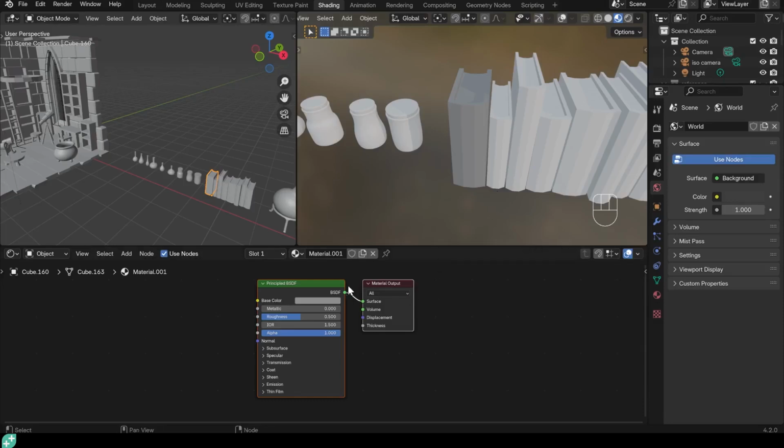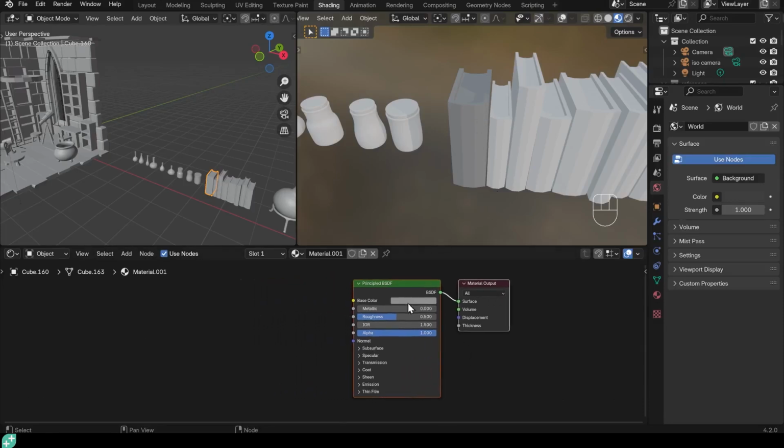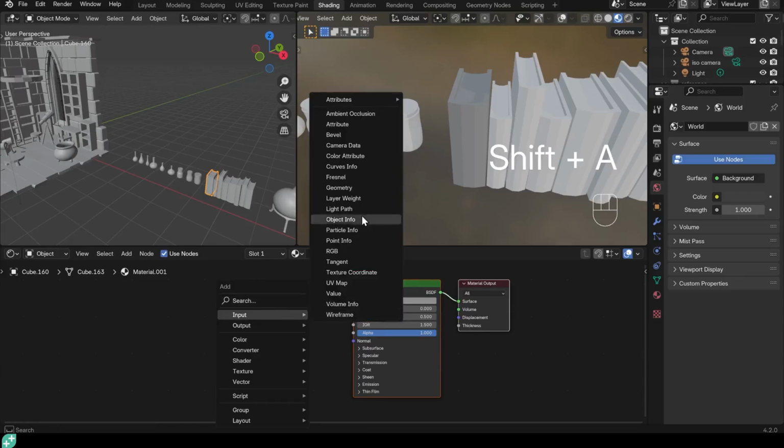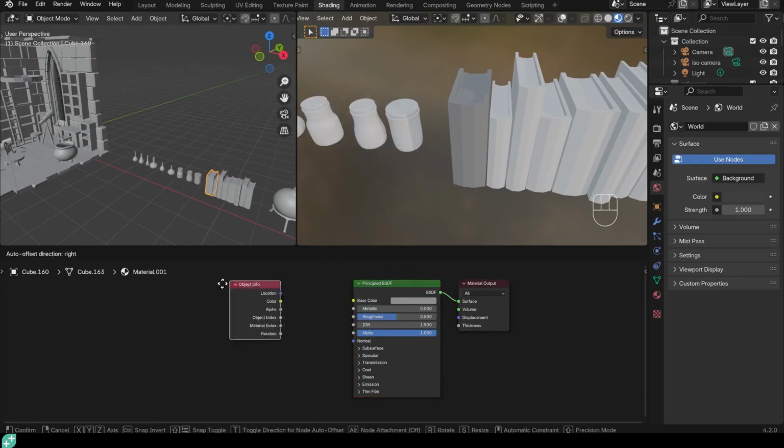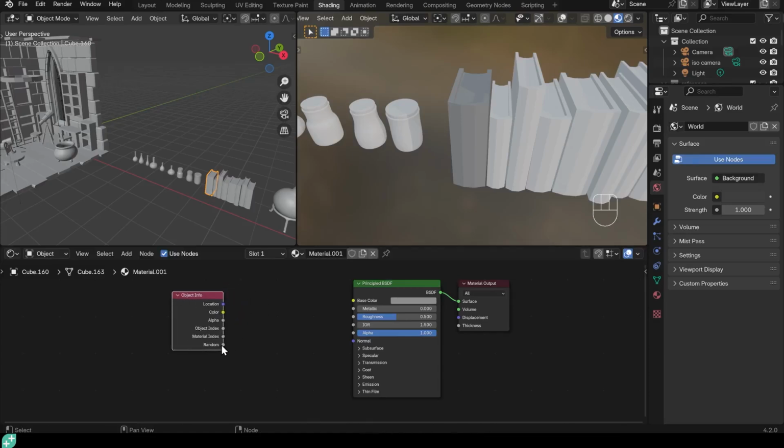So in the material editor for this material, we use what's called the object info node. So Shift A to add, input, and there's the object info node. Object info, and it's random at the bottom here. So if I put in random like this, nothing actually happens because it doesn't know what sort of random thing it's supposed to make. So it needs a node in the middle here to say we want a random one of this node to go into the color.